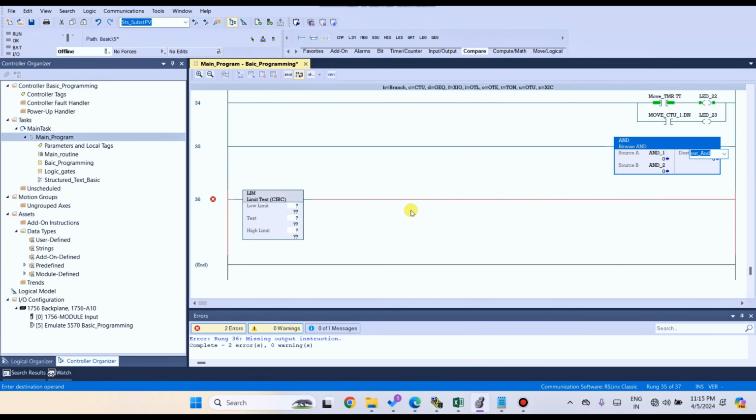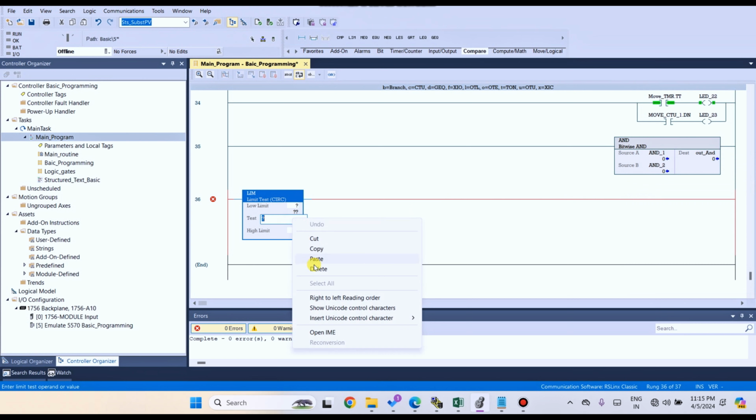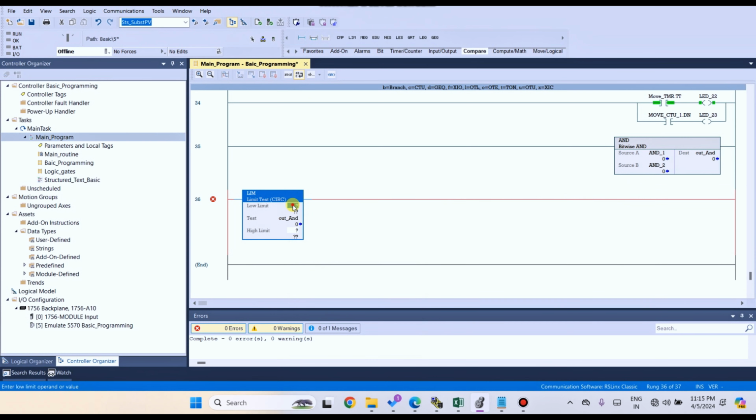Copy the output, limit test, AND 1, low limit 1, high limit 10, AND 1 output, and LED number 23 is already used, so copy and use LED number 24.